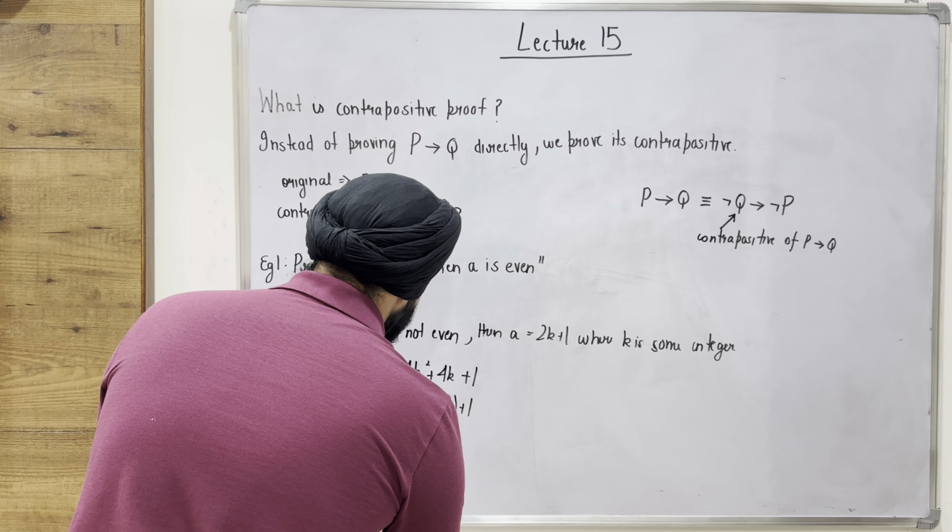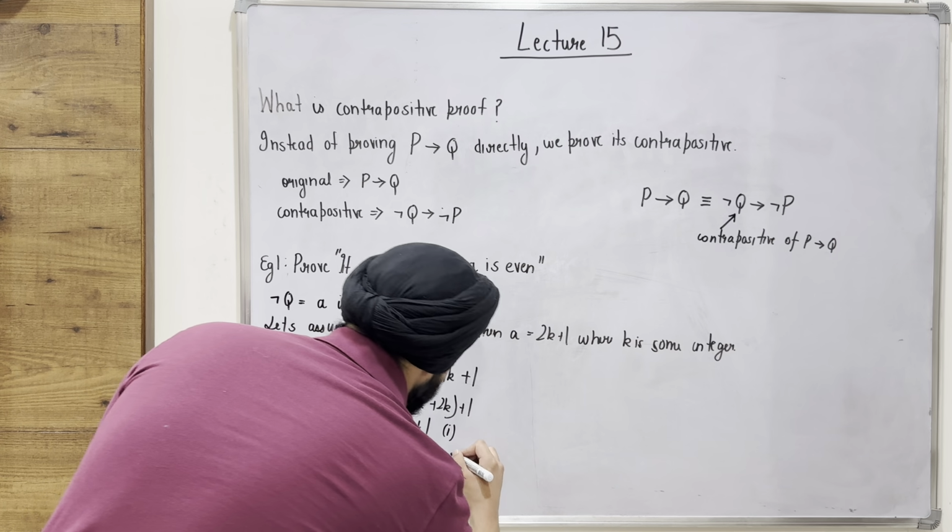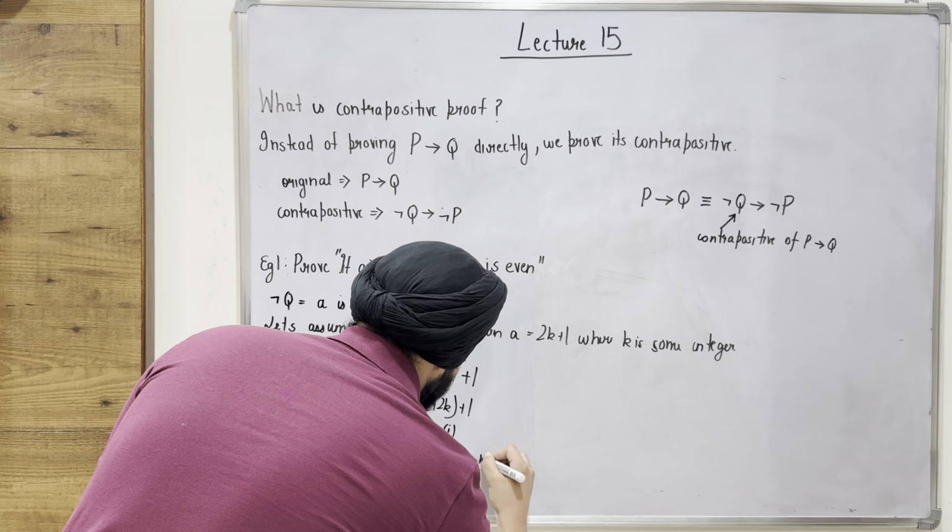I'm just writing down this equation, right? So if you're trying to refer to an equation, then you can maybe give it a number, right? And then mention it in your statement, right? So I can say from 1, we can say A square is also not even. Hence, by contrapositive,